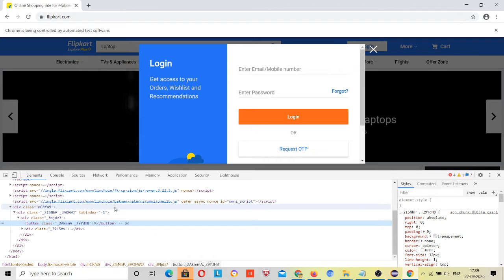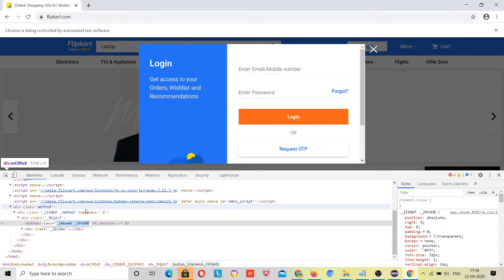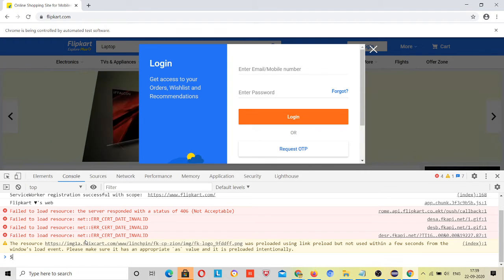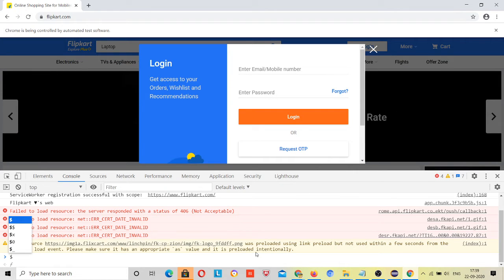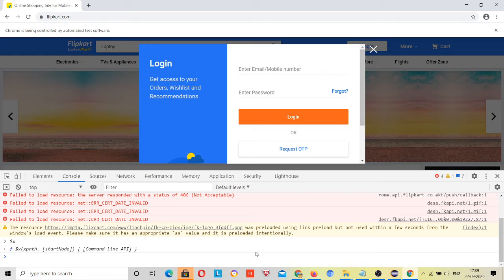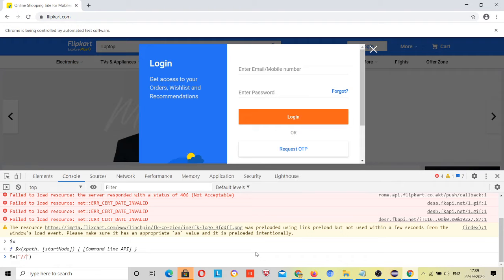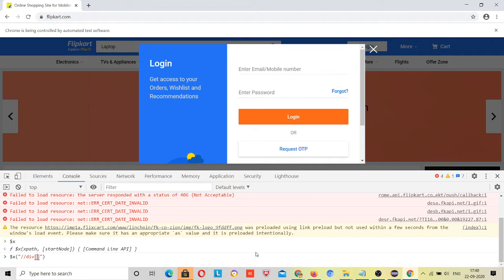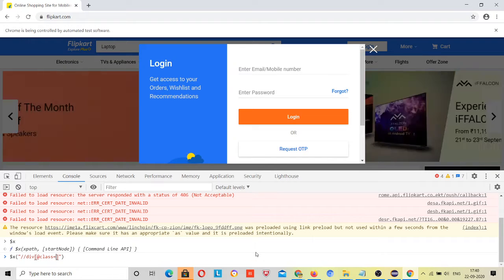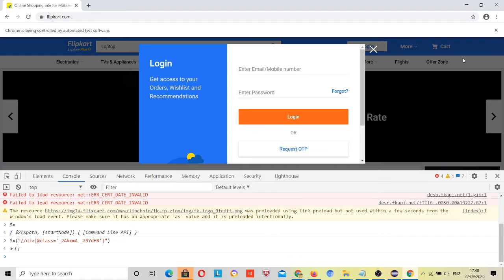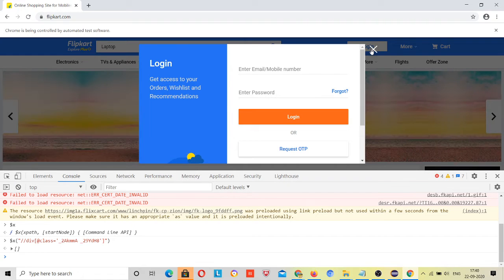Let's see. This is your class, right? And I will use console $x to write the XPath for this particular close button, right? $x div at the rate class is equal to, maybe we have given it wrong.